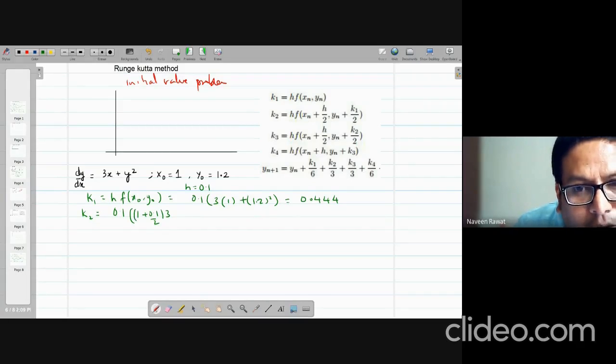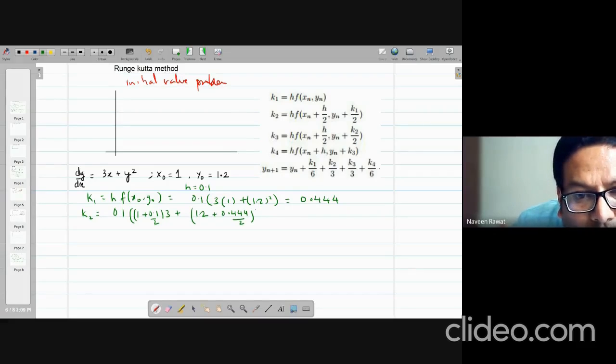So the x value is xn plus h by 2, and then the value for y square will be yn plus k1 by 2. So that is 1.2 plus k1, which is 0.444, divided by 2, and then I have to take the square.